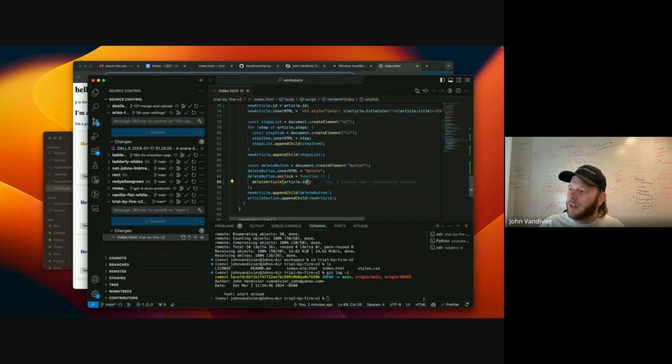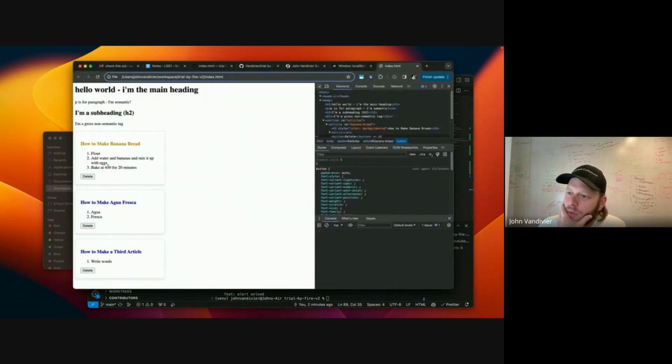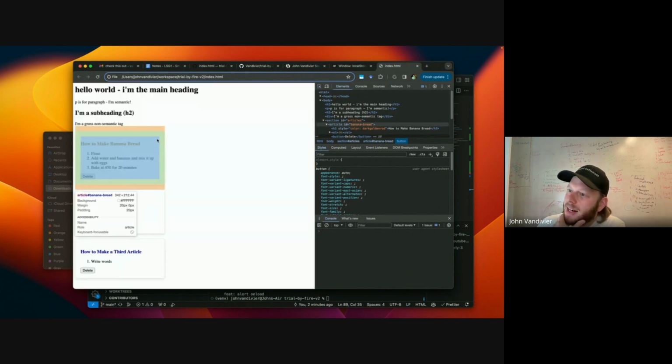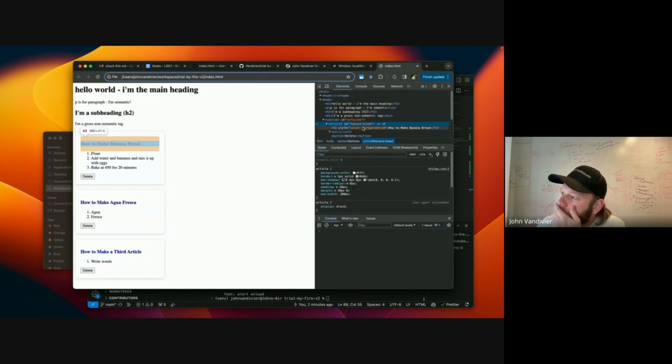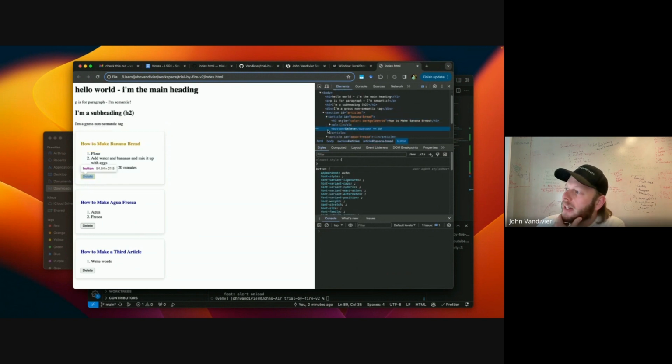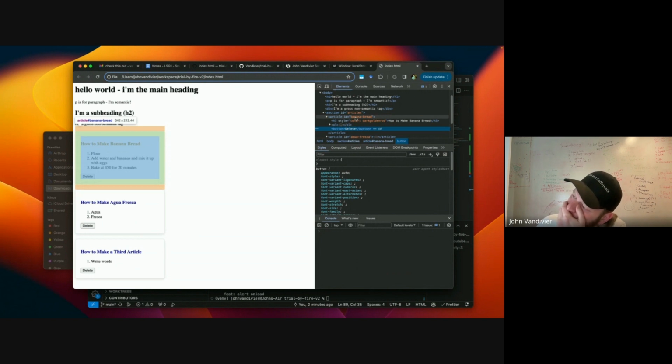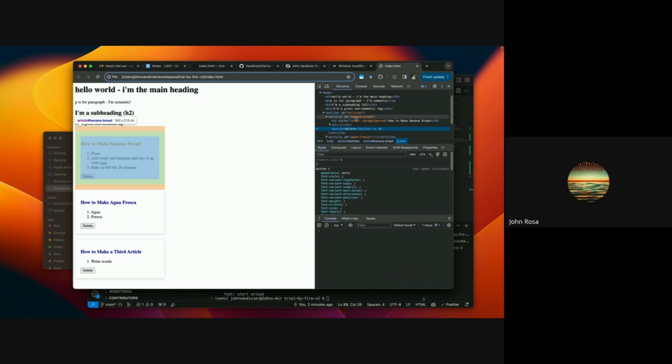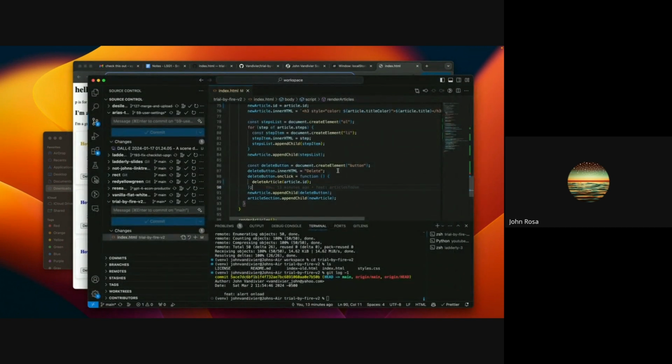How can we get this to work? We want the function to reference itself. So this has an ID, and this button here needs to refer to that ID. Would it be, and I'm coming purely from a language point of view, delete button ID or delete ID of the button's article?